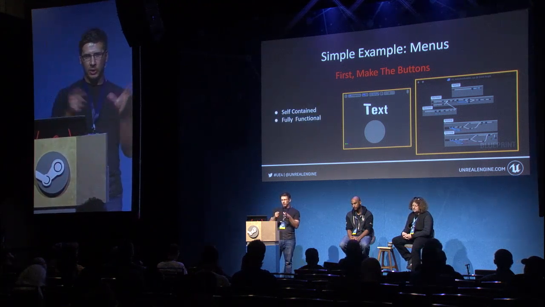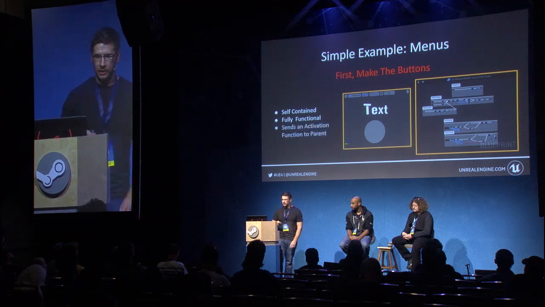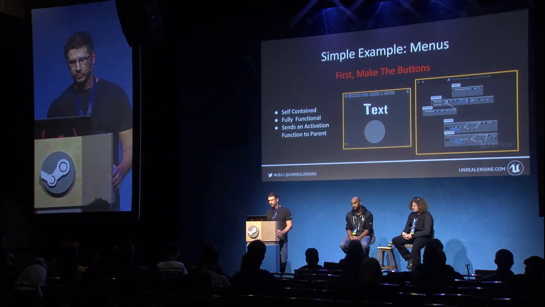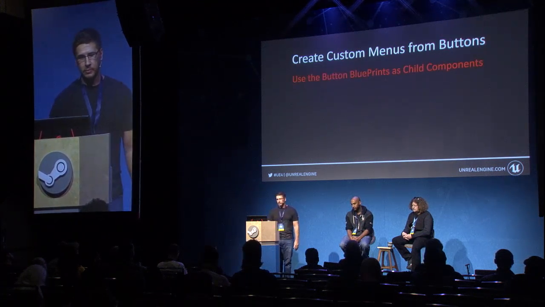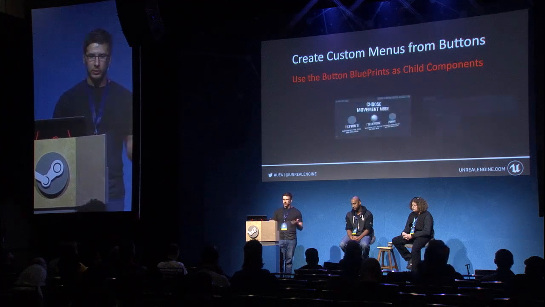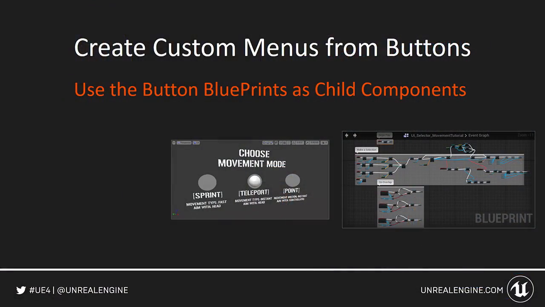And we keep that all in one button actor. It's all self-contained, and then it sends an activation event to the parent. And then the parent is just this custom menu, and reach out and touch. Each button already has its own logic built in, and then you're just defining in the parent what the actual thing does. This is probably wrong.